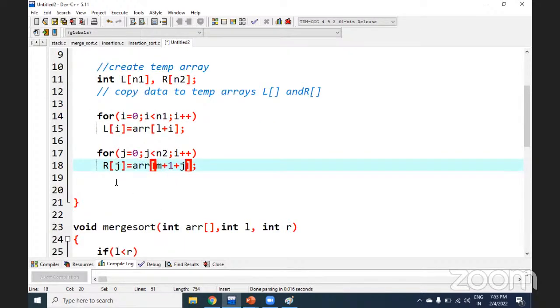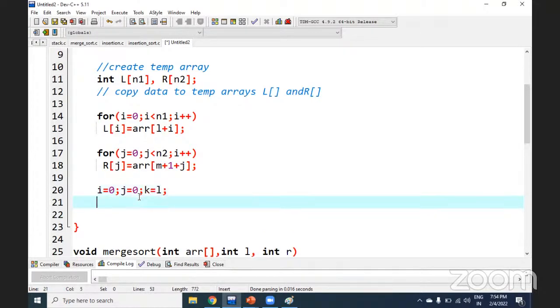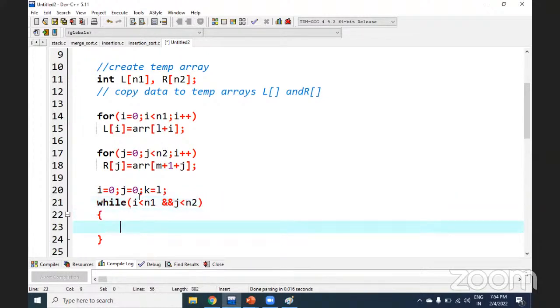Now, how am I going to merge these two elements? Again, I need some initialization: i equal to 0, j equal to 0, k equal to l. While i is less than n1 and j is less than n2, till that condition is true, I'll repeat all the values. If L of i is less than or equal to R of j,